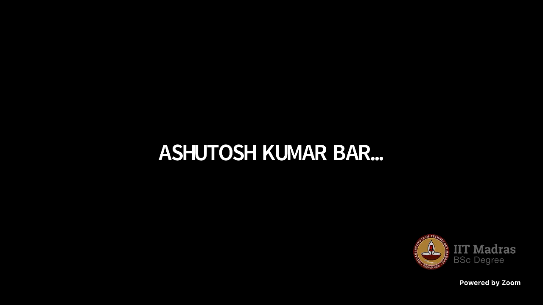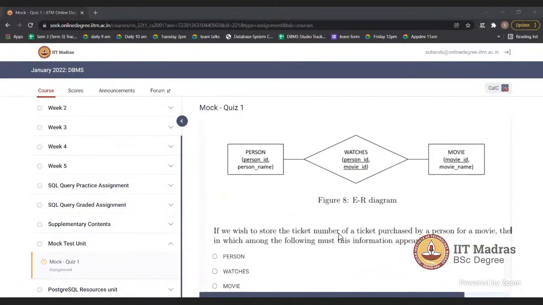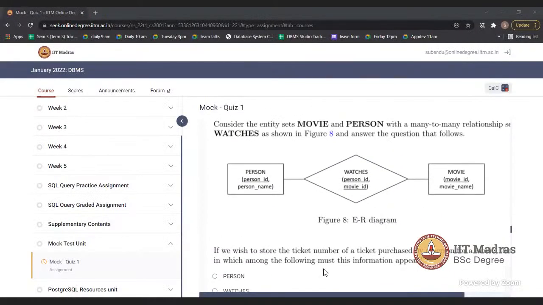Consider the entity sets movie and person with a many-to-many relation set. Question number 12. The question number is different in mock solution. That question is the ER diagram question.